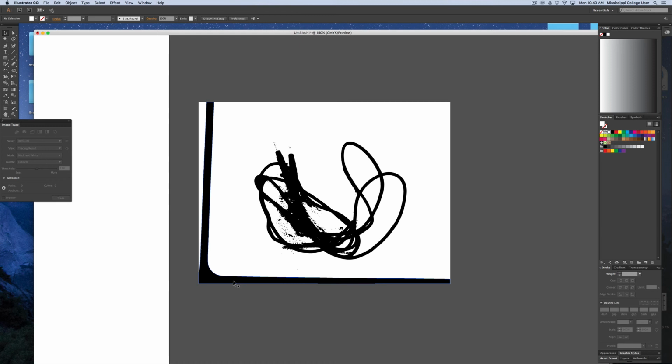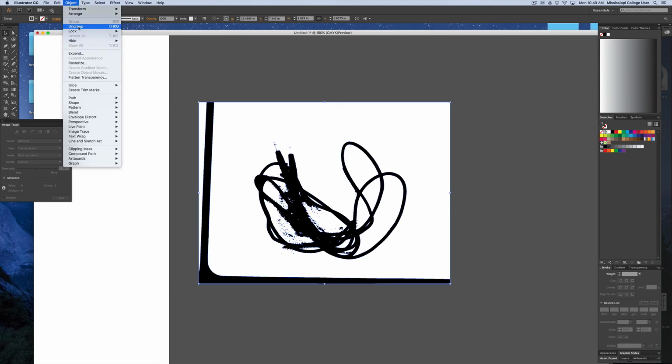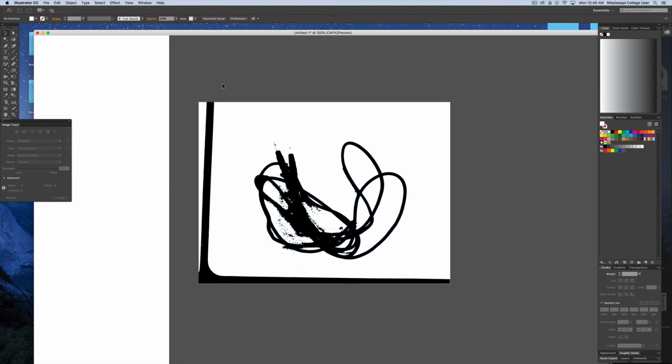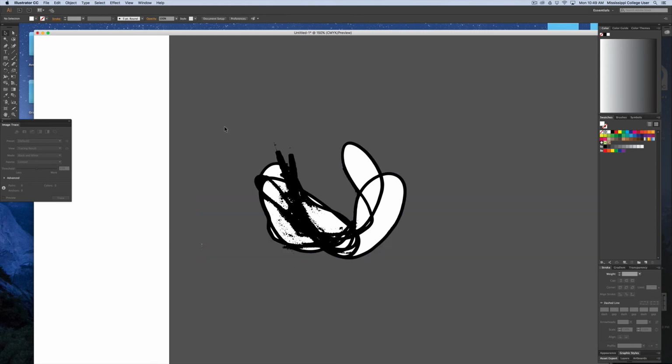It does have a black area, and it's also got the white areas to it. Let's get rid of this dark line around the outer edge. We'll go up to Object and ungroup it. This means it'll break everything apart. I can then click on this black part here and delete it away, and I can click on any white areas that I want to get rid of, because all I want to have left is just the black outline